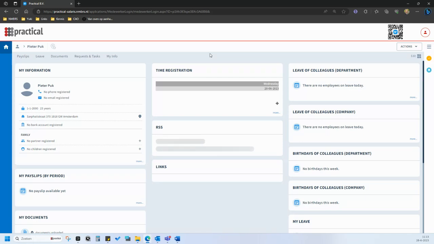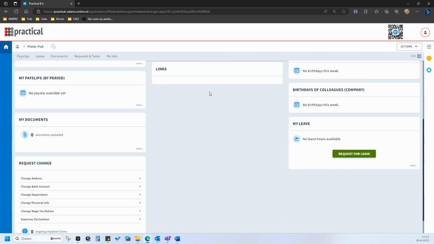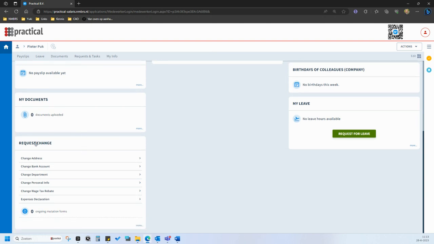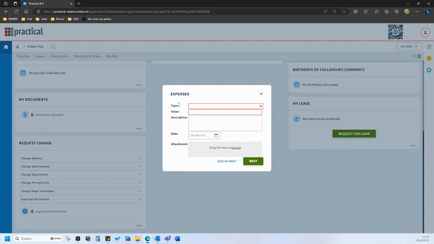In this video, I want to show you how you as an employee can file expense declarations in Numbers so that your employer can compensate you for the costs you've made. When you log into Numbers, this is the screen you see. You see all kinds of white sheets. We have to go to a white sheet called Request Change, press on Expenses Declaration, and next to type, you